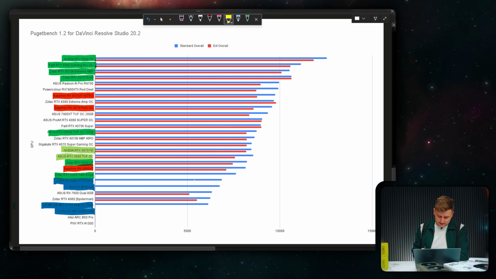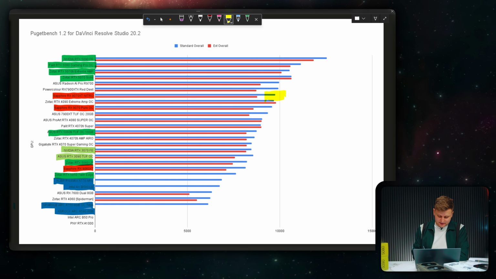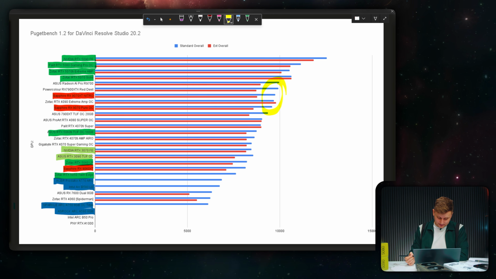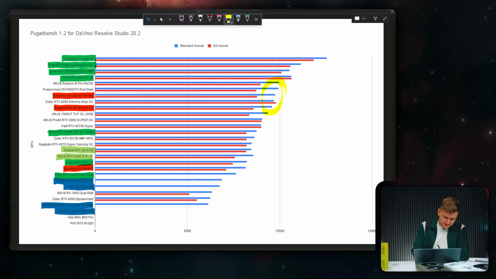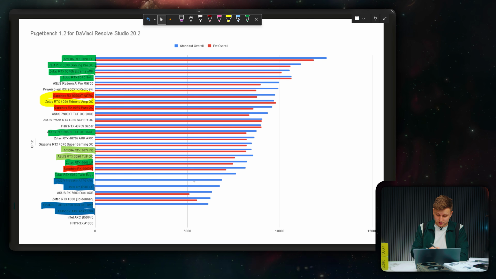Now, here you can see that the AMD cards are very competitive. The 9070 XT, 9070, and even the Pro cards there, all of this here is AMD. The sad bit is that they're performing very, very similar. That being said, the 9070 XT is actually better than the 4090 according to my testing, which is quite impressive